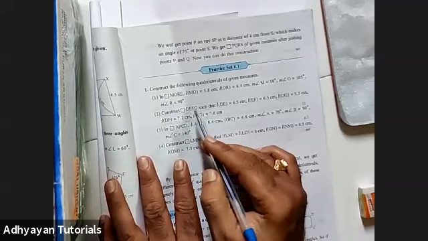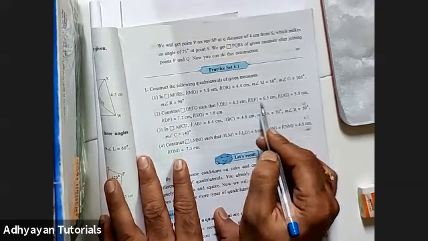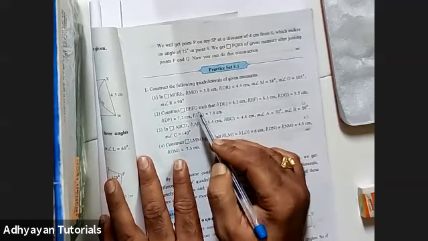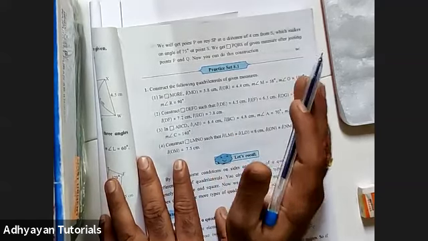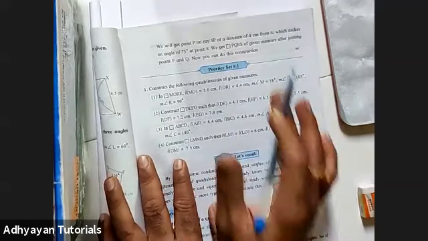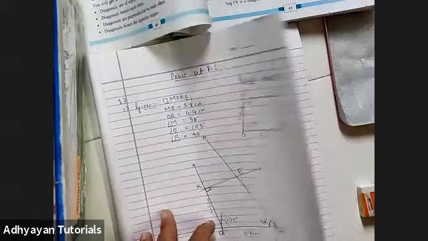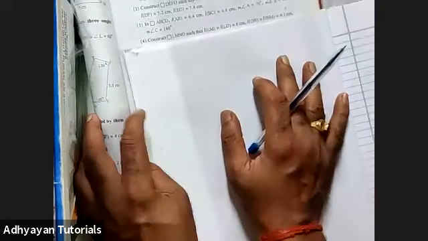Construct quadrilateral DEFG such that, okay, we won't be able to understand how to construct it until and unless we have a rough figure for this thing, right? So we first have to jot down whatever is given, and then we have to draw the rough figure to understand. That is how we will be able to know what the steps are.